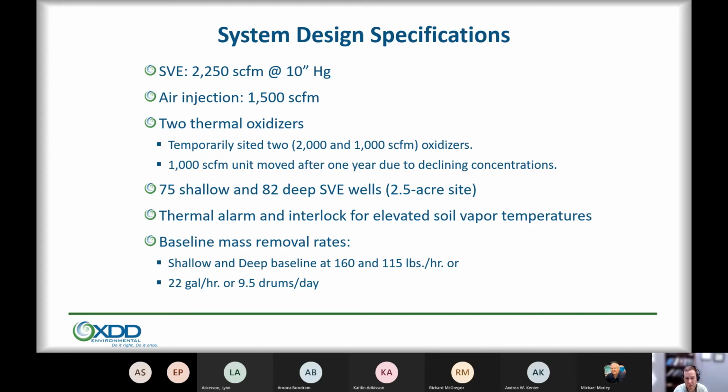And then after the first year, this 1,000 SCFM oxidizer was moved essentially to a new location after concentrations had declined. Pretty large area, 75 shallow, 82 deep SVE wells. I think, as I talked about here, the 2 thermal oxidizers, this 75 shallow wells, like we operate in the